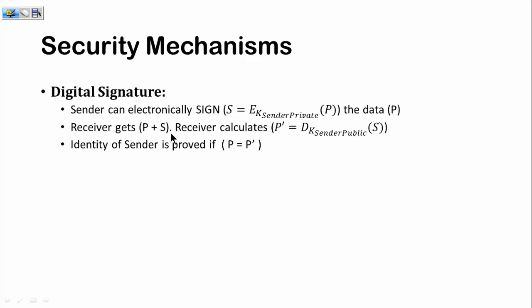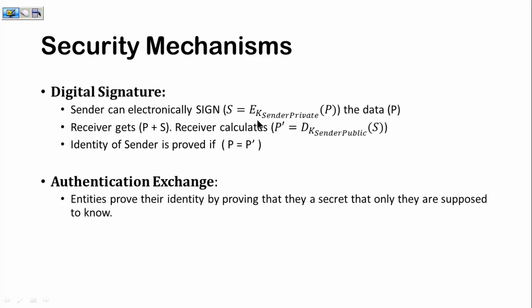The receiver gets them. On the signed copy, the receiver calculates the P dash value by applying the deciphering algorithm using the sender's public key, and then it compares the message that it has got and the P dash that it has computed. If they are equal, that means it is coming from the sender as claimed, because there is only one public key for every private key. So if Alice says that I have signed it with my private key, then it should be deciphering with Alice's public key only. And this is how it is confirmed that Alice has sent the message.